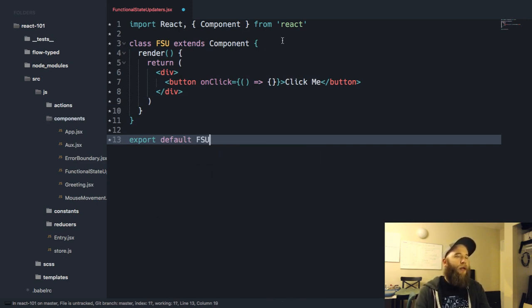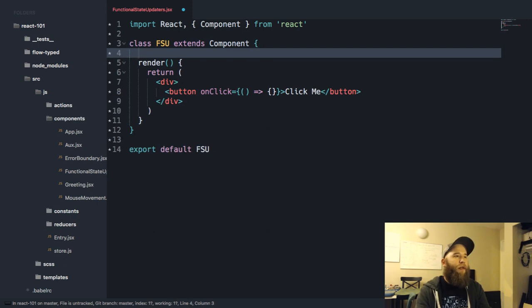We'll add some stuff here in a second, but I want to show you a couple things. First off, I wanted to start getting into today a Babel plugin called Transform Class Properties that makes certain things a whole lot easier.